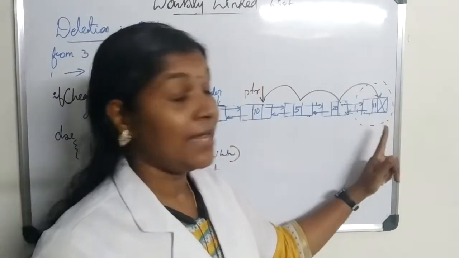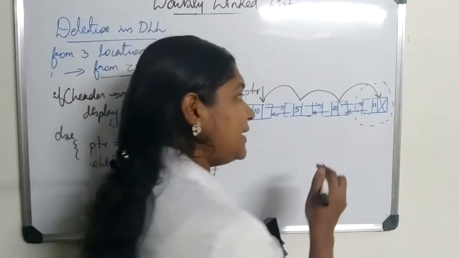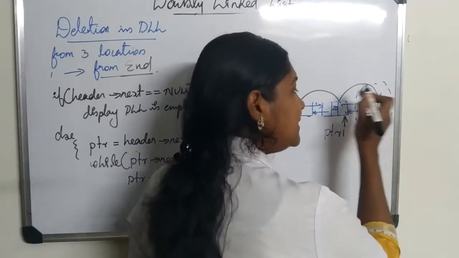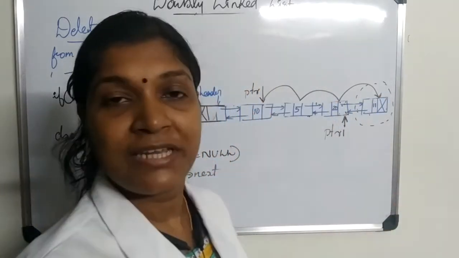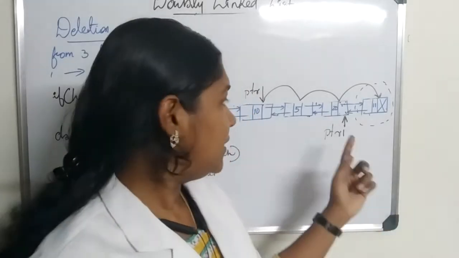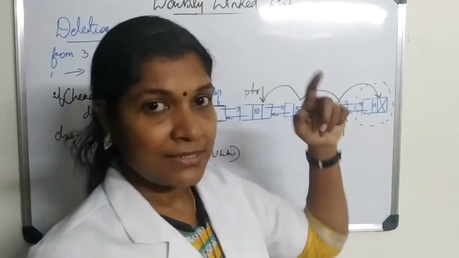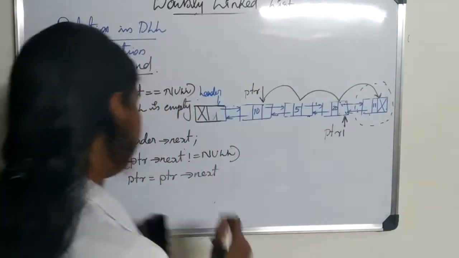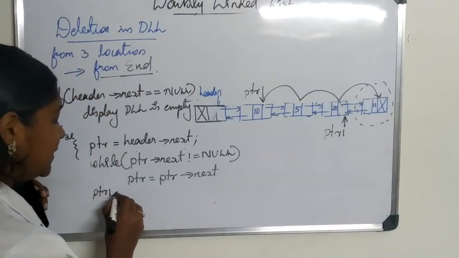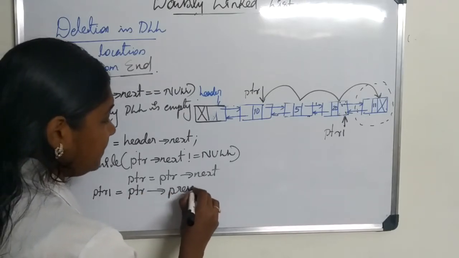On pointing to the last node, how can we assign a name to the previous node? We can make another pointer PTR1, with PTR1 is equal to PTR dot previous. So like that we can give the name, right? This is the nice part of a doubly linked list. I provided the name PTR1 is equal to PTR dot previous, making use of that previous link. So after coming out of the loop, you provide PTR1 is equal to PTR dot previous.